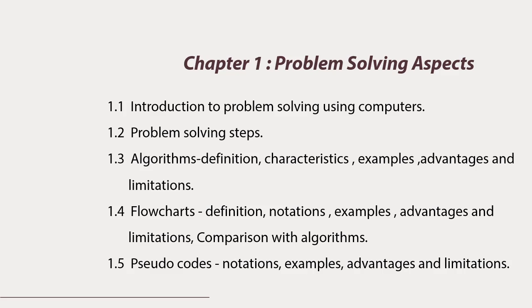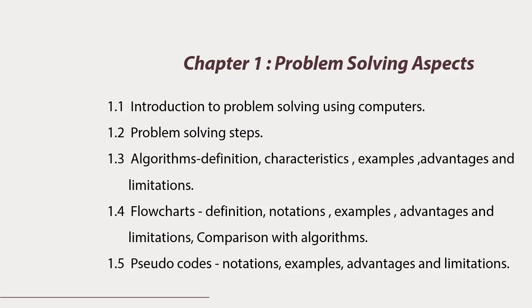Next, in the same chapter, we will see what is an algorithm. An algorithm is the step-by-step procedure for solving the problem. Humans are having the capability that if a problem is given, we can find out a step-by-step solution for it. But for writing programs by using computer, we have to write down step-by-step procedure which is called as an algorithm.